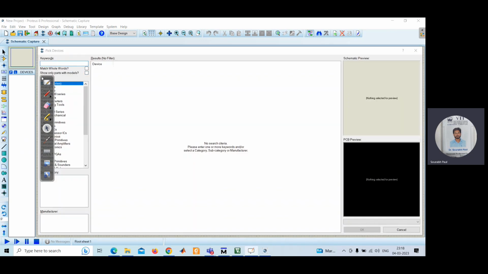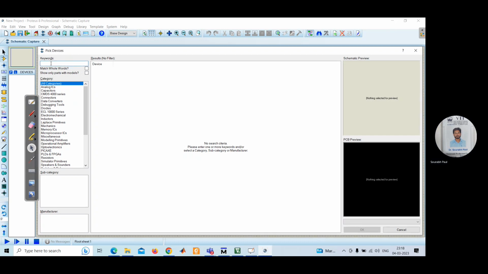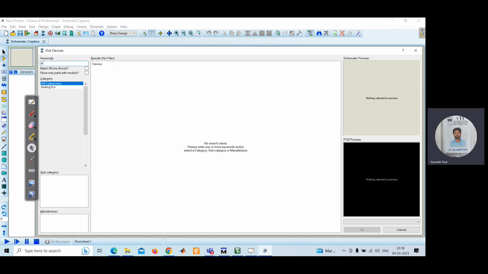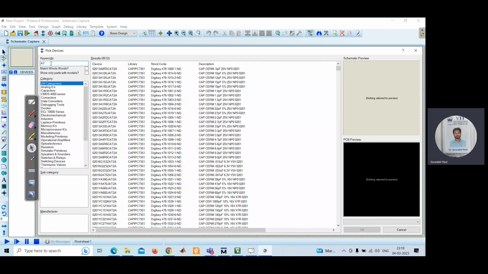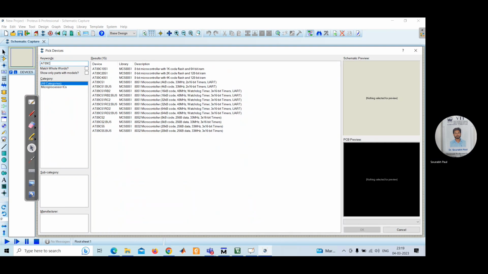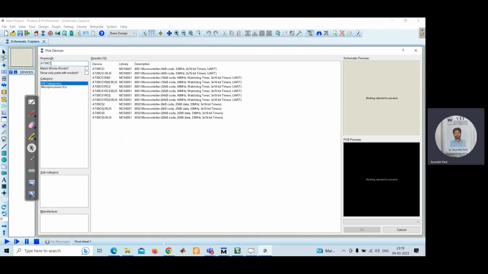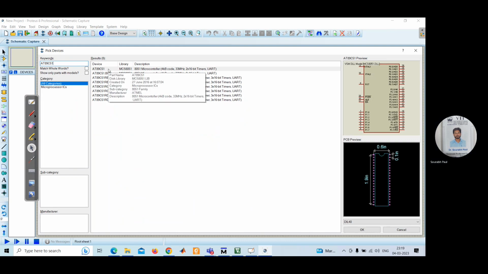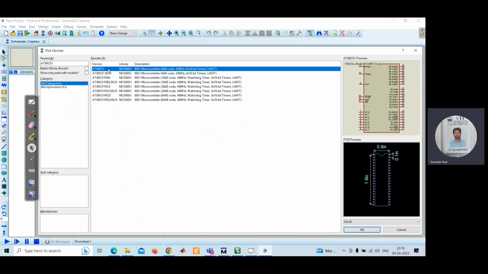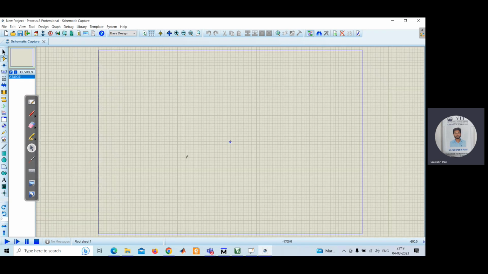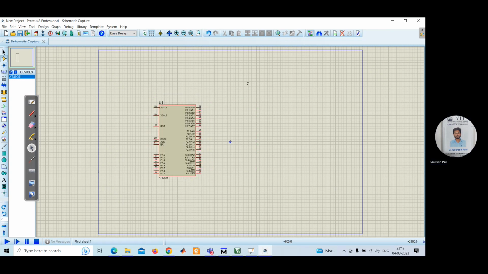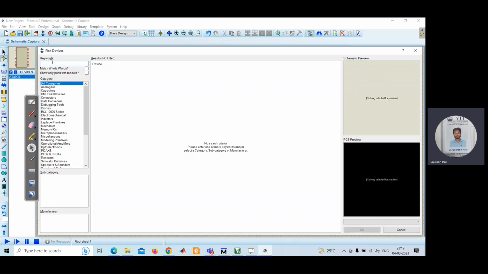So how to select 8051? You can here write down AT89C51. Okay, this one you can select, 89C51. This is nothing but a microcontroller. You have to select it. Okay, click here, and along with that one, what you need to select? You need to select a